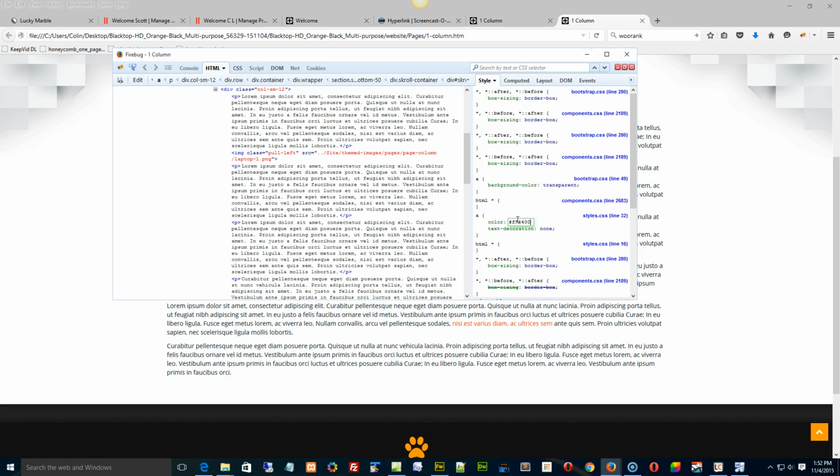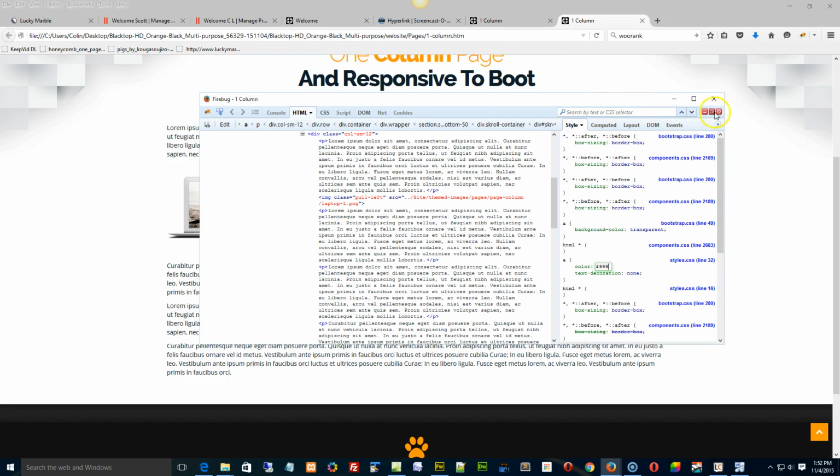FF4400. See, it changes it to a darker orange. Or no, let's go with this gray. 1, 2, 3. Nope, let's go with a light gray. 9. You see? Anyways, but excuse me. What this shows me is